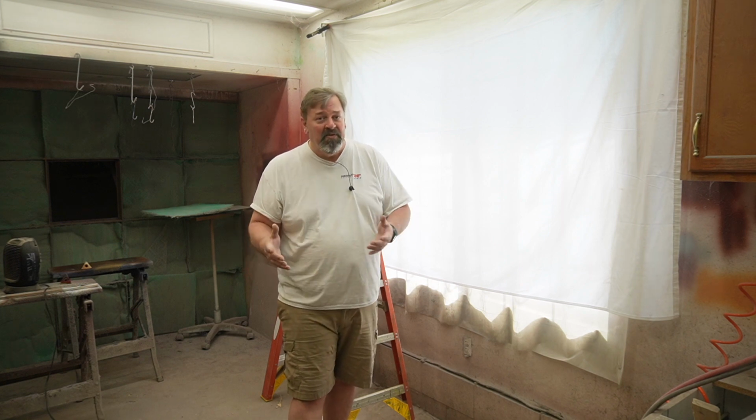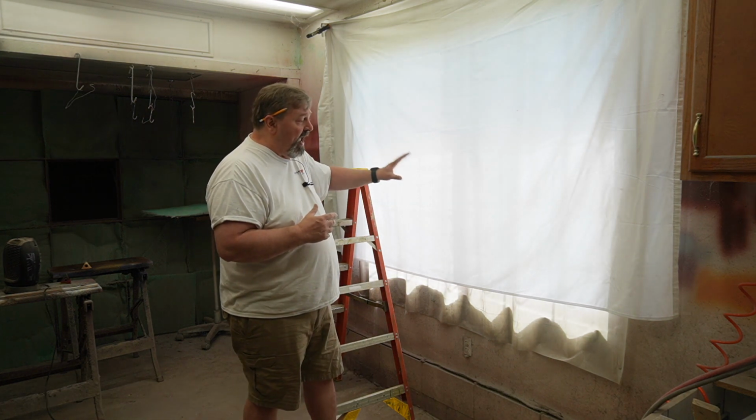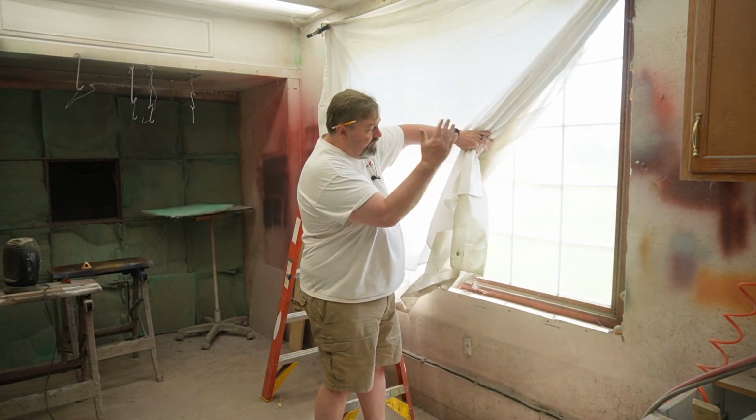A lot of times too, I'll wait for a cloudy day or when it's raining out to come in here and do work in the paint booth. I shouldn't have to do that in a nice paint booth like this. So all that needs to happen here to correct this is I never did finish the window trim in here,